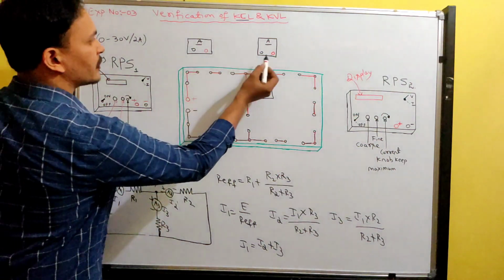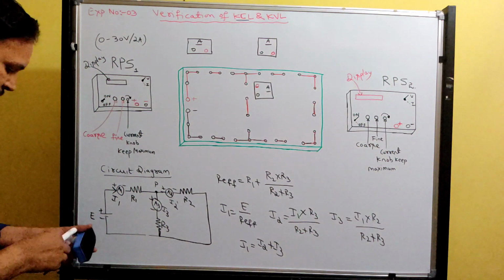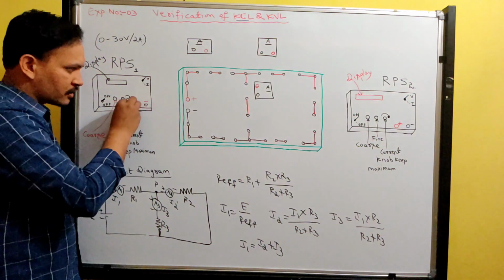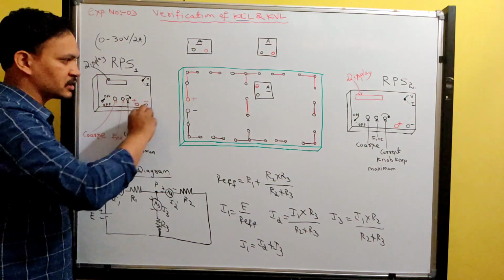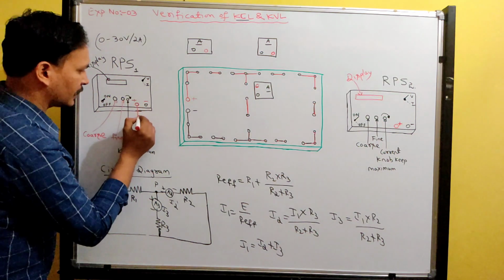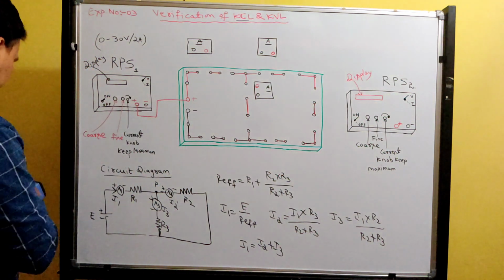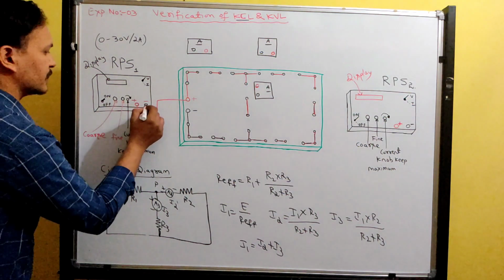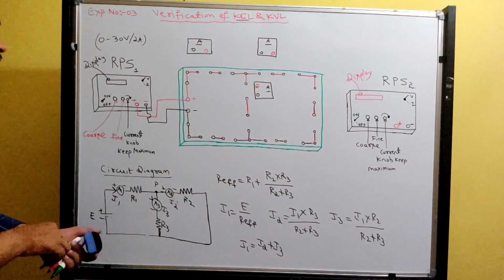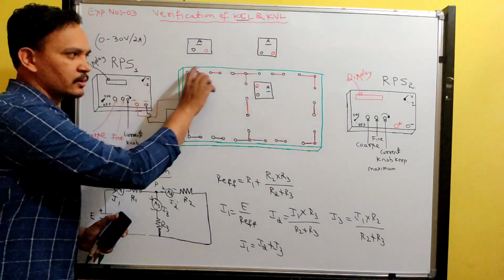See, in the instruments, red color is written, that is plus, and black color is minus. We can do the connection. First, we need to provide supply to the board. So plus is connected to plus, and minus is connected to minus. Just how much voltage is required for that, I apply to the board.